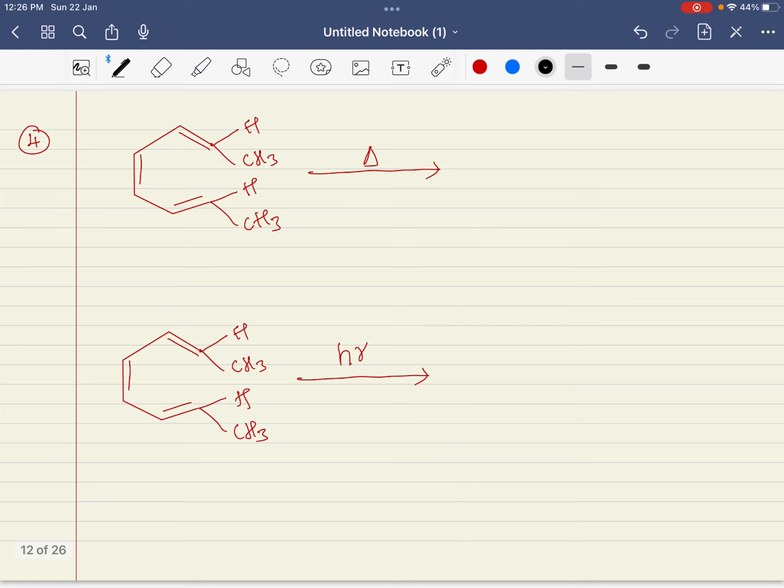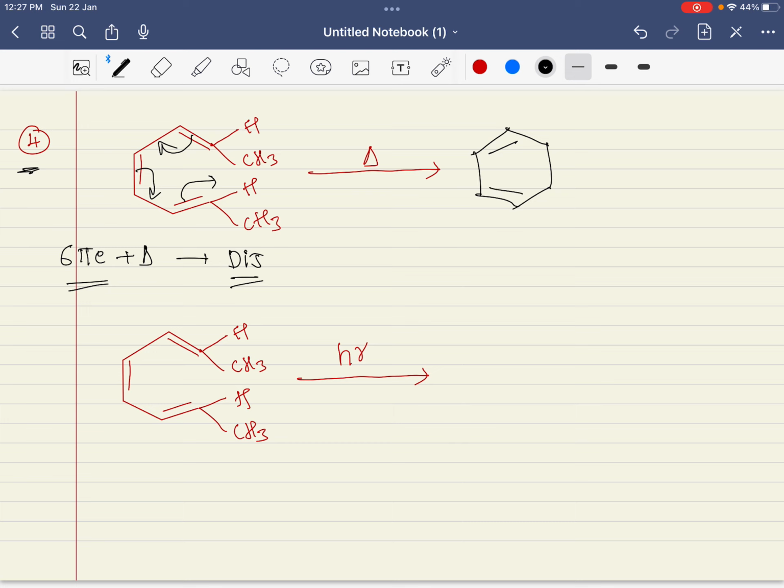Next we'll see is fourth type of example. Look at here, it is a 6 pi electron system and the condition is thermal. 6 pi electron system and the condition is thermal means you know that it is a disrotatory. First we'll write the basic product. We'll shift this pi bond to form a new pi bond, and this to form a new sigma bond. So this is our product here,